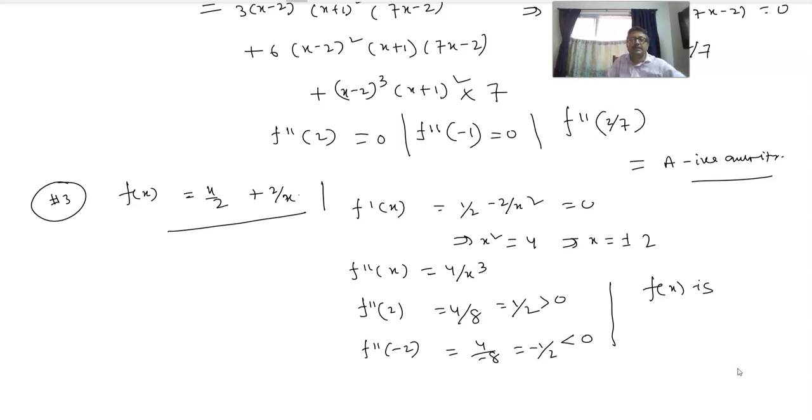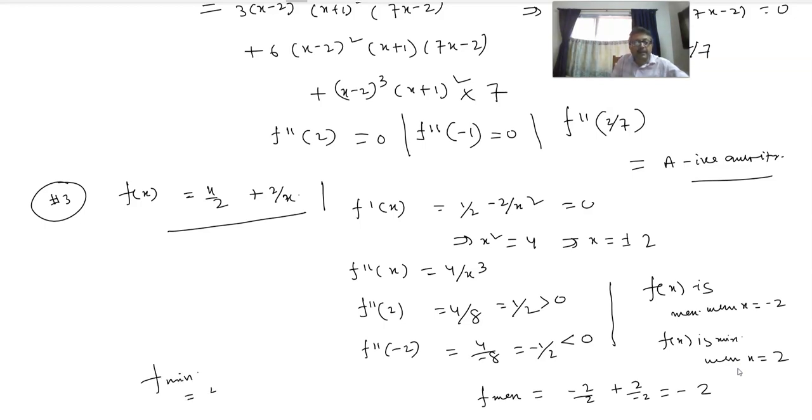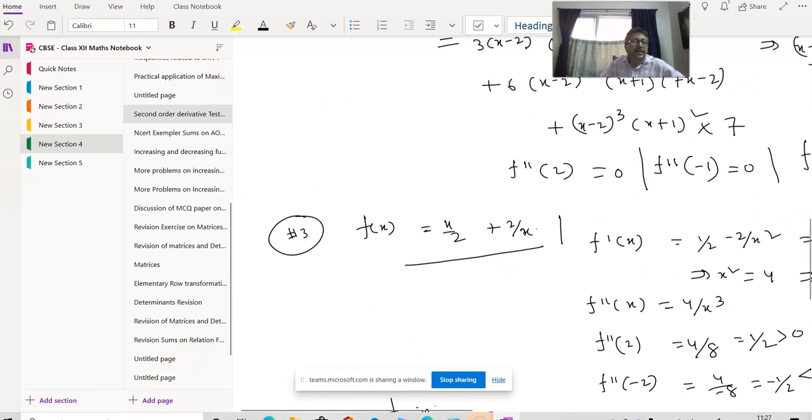So f(x) is maximum when x equal to minus 2, f(x) is minimum when x equal to 2. F max at x equal to minus 2 if you put, and f min if you find, this is equal to 2. Okay, all of you understand? Practice sums based on it and then